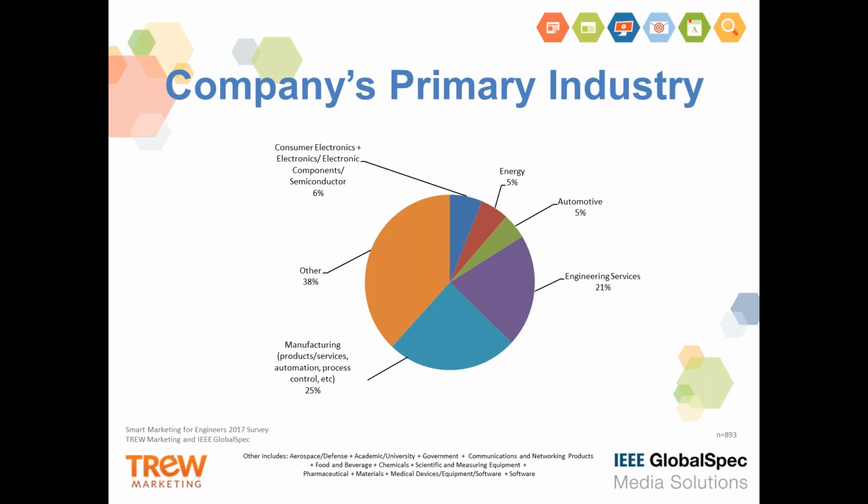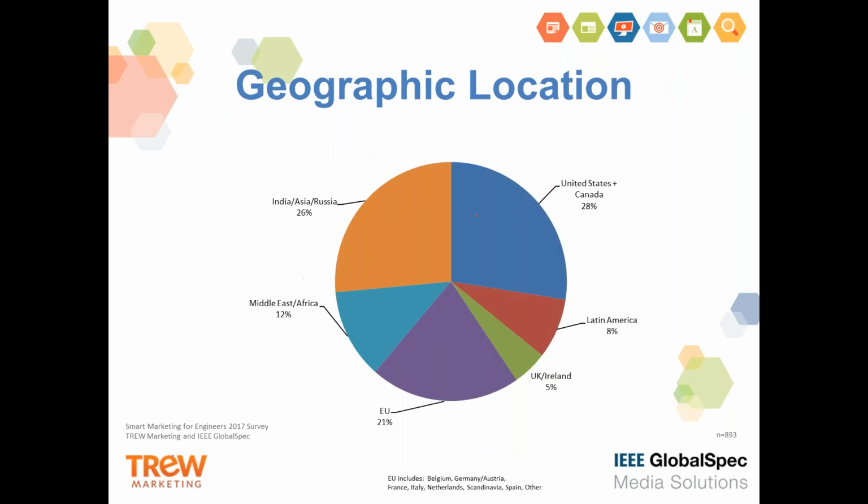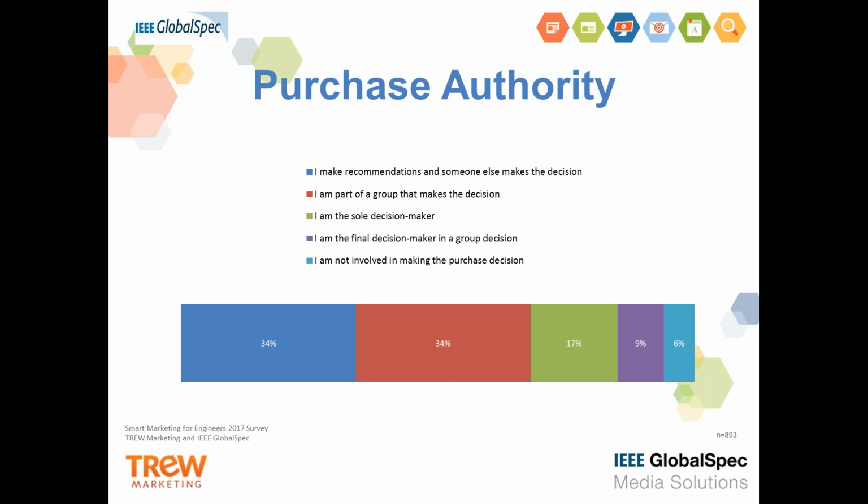Industries were varied. We saw manufacturing making up the largest single component, followed shortly by engineering services. So between the two of them, they made up nearly half of respondents' industries. In terms of geographic location, we were also relatively evenly split. We saw the US and Canada come in first, and then we also had a strong showing in different areas around the world, which will allow us to show you some specific data by region. And if you're wondering if these respondents matter to you, you can see that they are overwhelmingly involved in the purchasing process, either as an influencer or a decision maker.